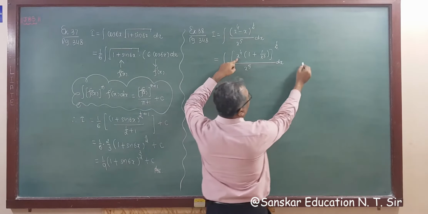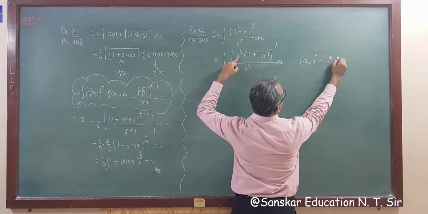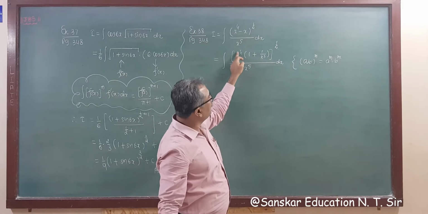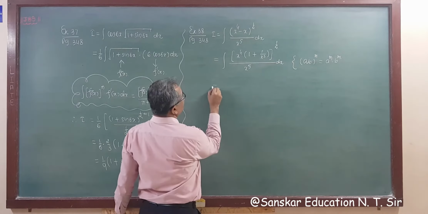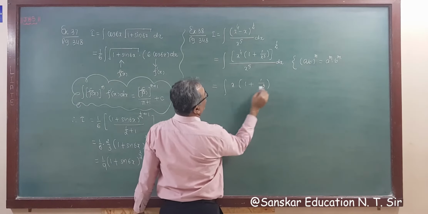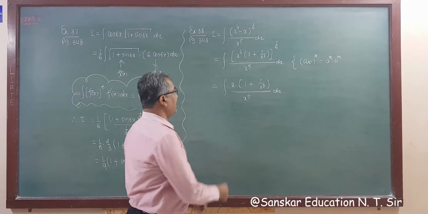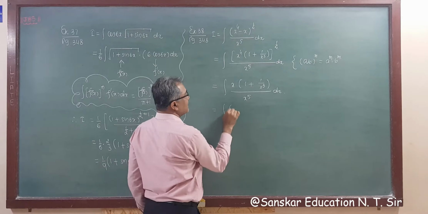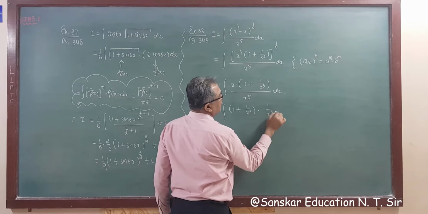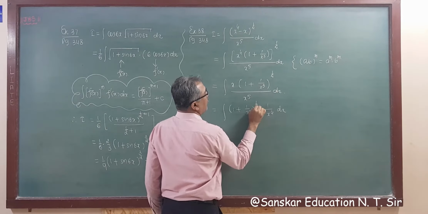Now you know (AB) raised to m is A raised to m, B raised to m. So applying this rule here, we get x raised to 4 raised to 1 upon 4, that is x. So this is the integration of x into 1 plus 1 upon x cube whole upon x raised to 5 dx. So what do we get? One power less. So this is the integration of 1 plus 1 upon x cube into 1 upon x raised to 4 dx. Here I missed writing the power 1 upon 4.